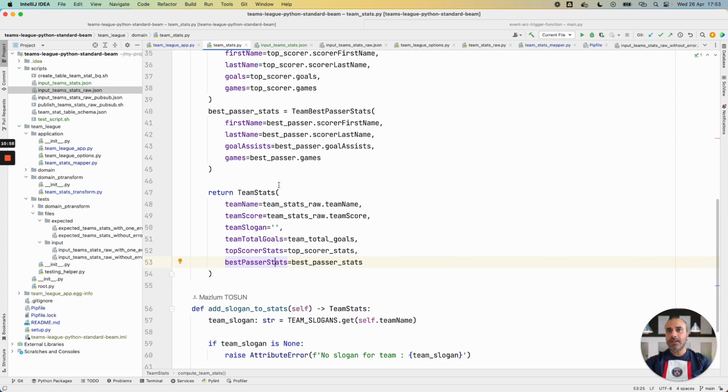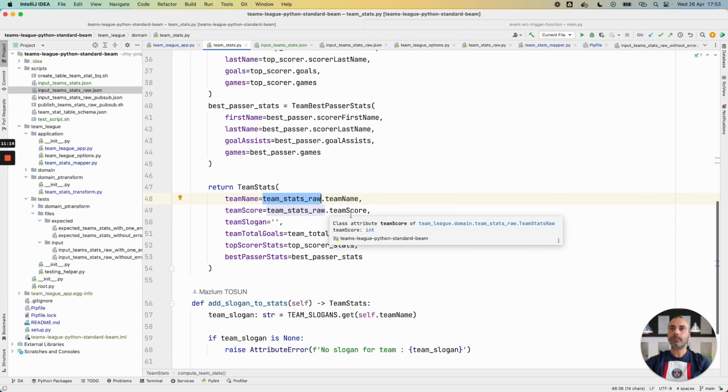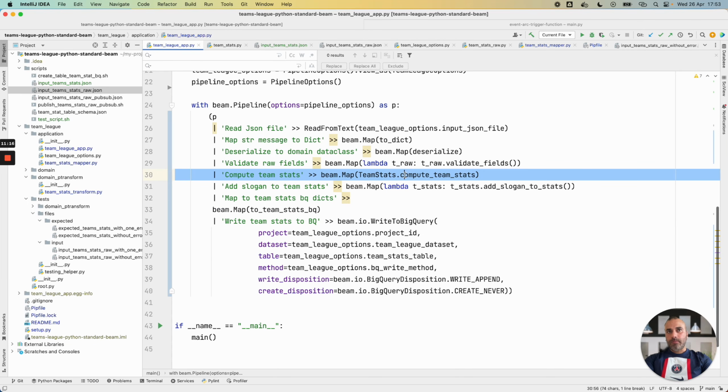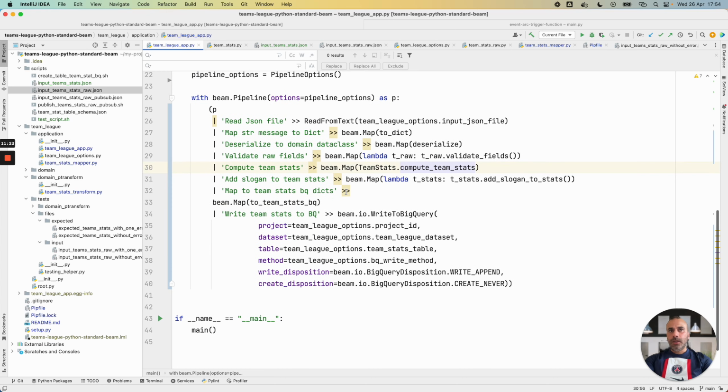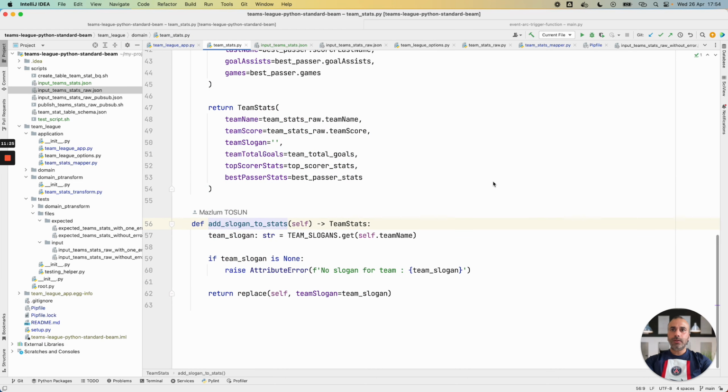And for the data class, it's very interesting because I can directly have some field parameters, and I can set all my field parameters with the linked values here. At this step, I have a collection of TeamStat domain. I also have another method that allows me to recover a slogan per team.